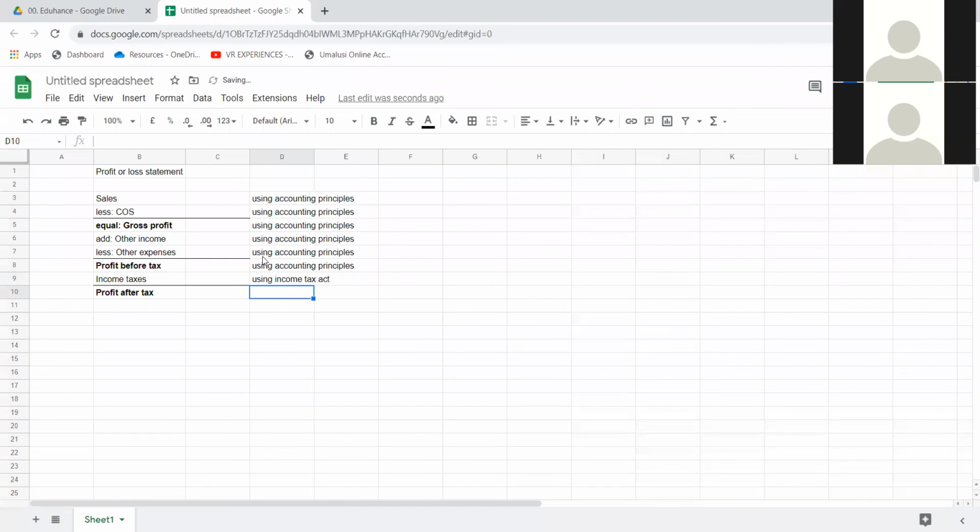So by using the Income Tax Act, you see that the profit after tax line item is now based on accounting and tax. Now, we don't want that. From an accounting perspective, we ideally want profit after tax to be completely an accounting number. So the way to get that is to make sure that income taxes is an accounting number. Now, we are unable to change how